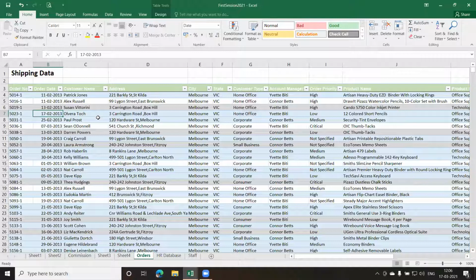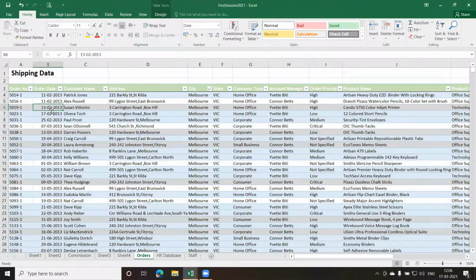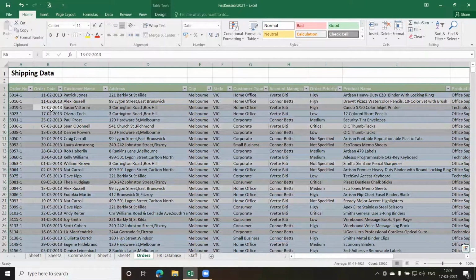Now one more thing, if I want to select the whole data, I press Ctrl A to select the data. But you can see that the column heading is not selected. So to select the column heading and the data all together, I have to use Ctrl A again. So I'm pressing the alphabet A twice. Ctrl A will select the rows, and if I press A again, it is also going to select the column heading.